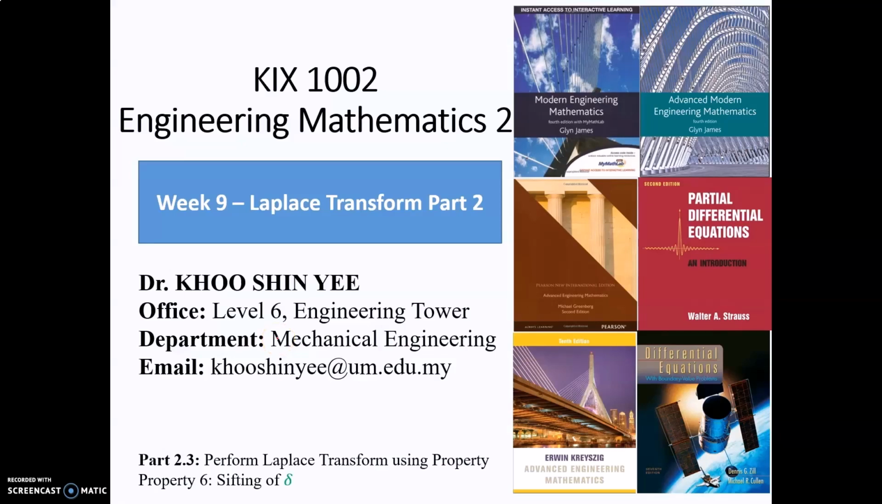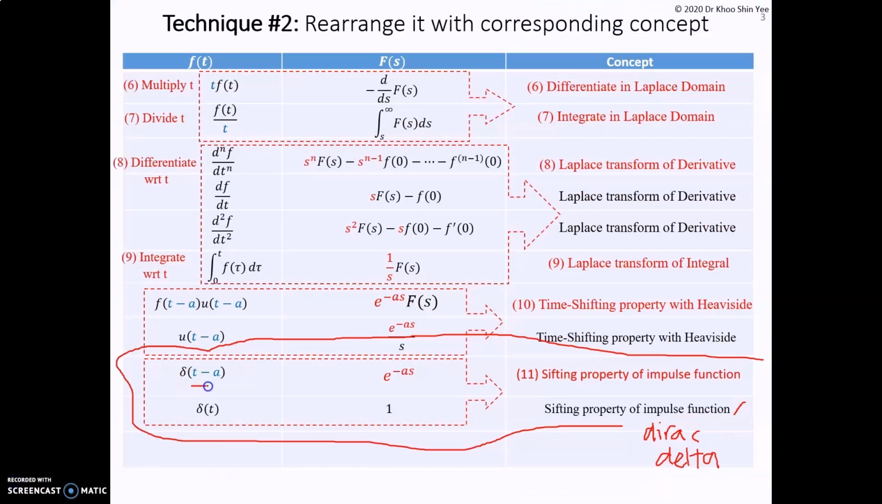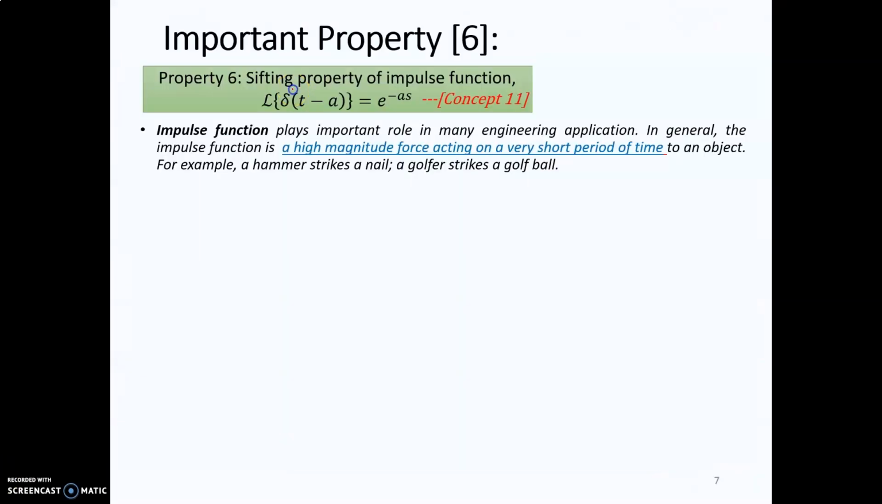Hi, in this video, we will discuss how to perform the Laplace transform using property 6, which is the shifting property of the delta function. This is the formula for the delta function, where the delta function is an impulse function, also called the Dirac delta function. The Dirac delta function means that you have a high magnitude force acting over a very short period of time. For example, a hammer striking a nail, or a golfer striking a golf